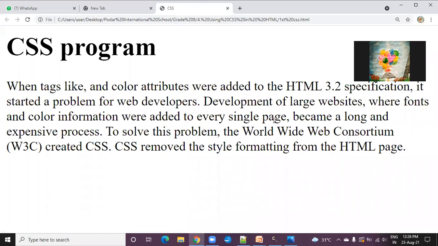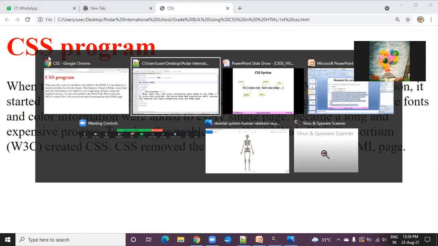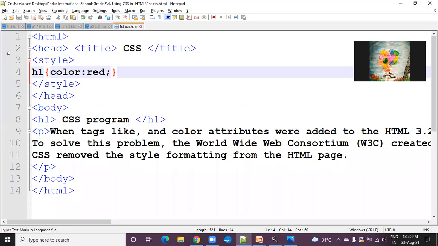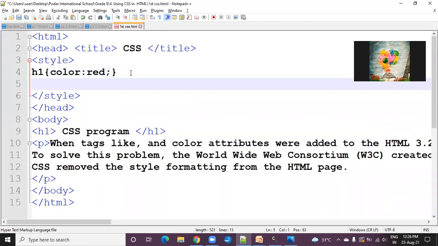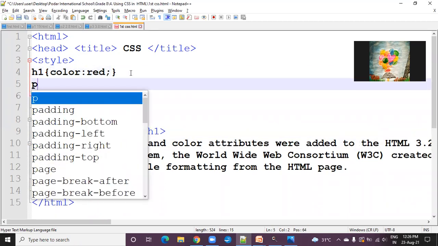So for example, this is my previous output. Now I click on refresh. So you can see the CSS program heading color is changed to red. Now, secondly, for example, you want to change the P tag also. So write down P, the tag selector,